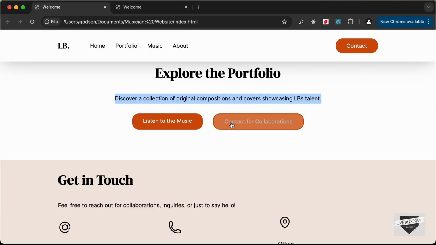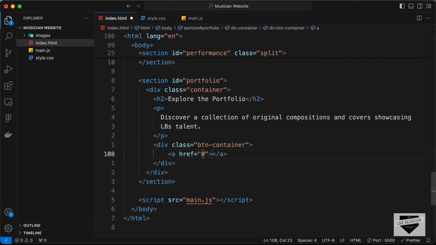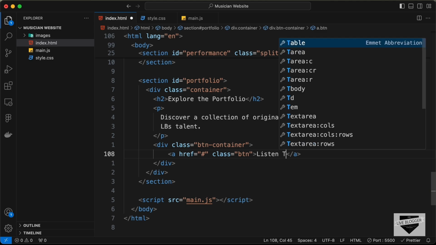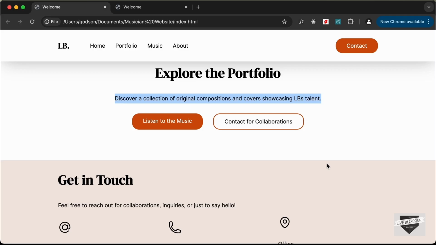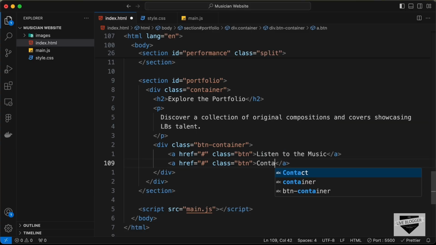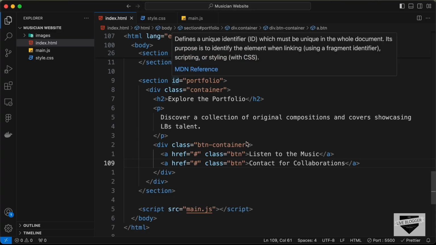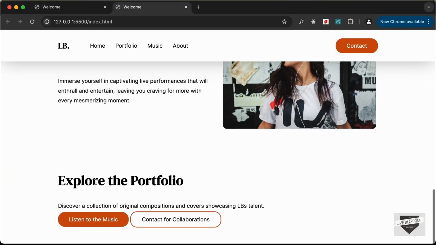And now we need to have these 2 buttons. So for the buttons let's create a division with a class of btn-container, and let's add the anchor tag for the button, and let's give it a class of btn. And for the first button let's type listen to the music, and let's duplicate this. And for the second button let's type contact for collaborations, and the second button has a different styling. So we have already added the styles in our CSS. So let's add this light class over here, and now here we can see we have these 2 buttons and